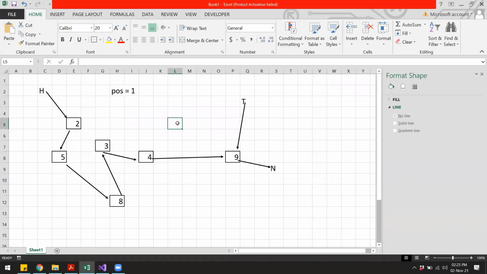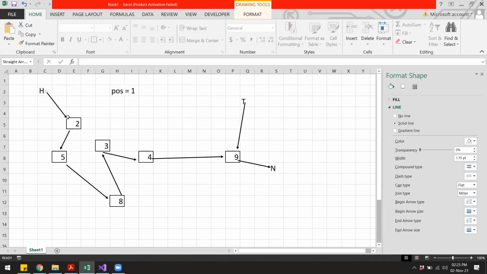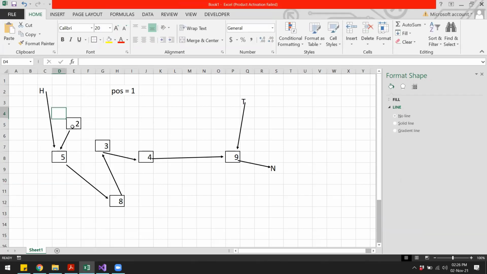So if I remove the node at position 1, which is this node with value 2, then what should happen to the pointers? This head pointer should point to the node with value 5. So that is the first thing that we have to do. And the second thing is to delete this particular node.